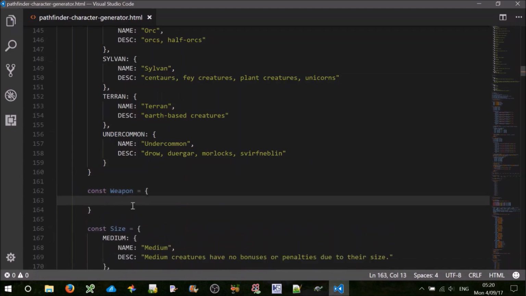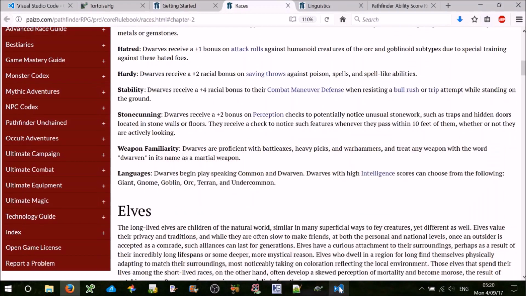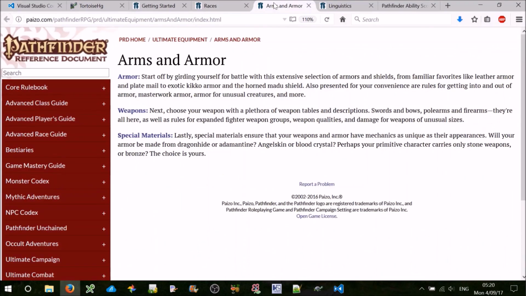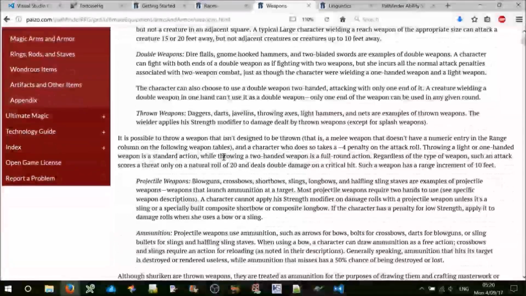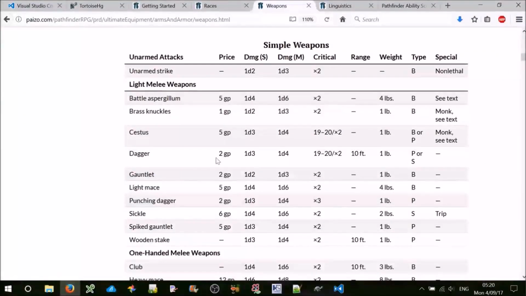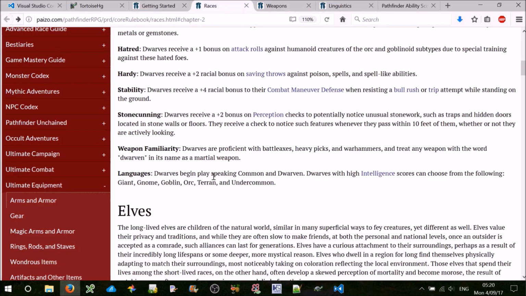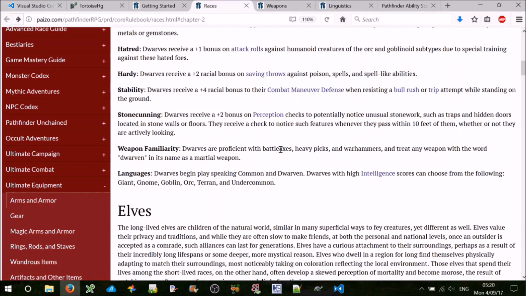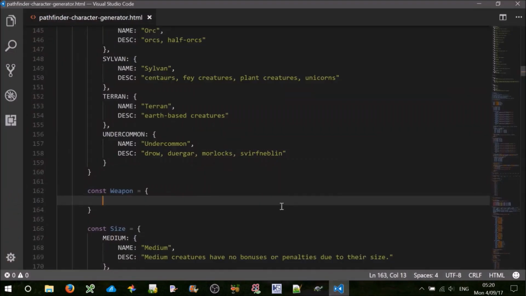Okay, inside, let's open up weapons. Now, I found weapons under ultimate equipment. I'll keep races open. They actually have updated names. Essentially it's the same list plus a few extras, but they've updated the names to be a bit more consistent. So I think we'll be using this list for getting our weapon names. There we go. So, for example, Dwarves require battle axes, heavy picks, and warhammers. Battle axes,